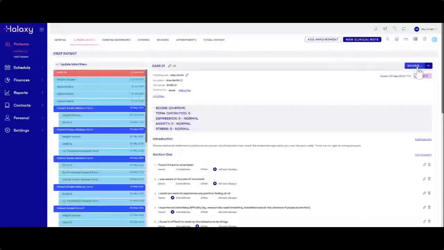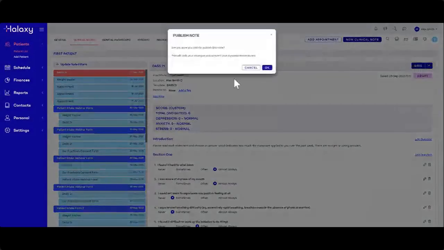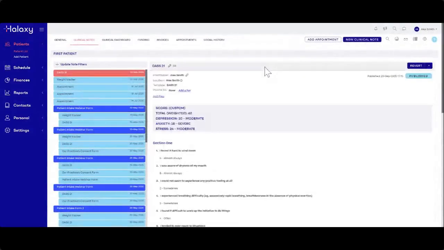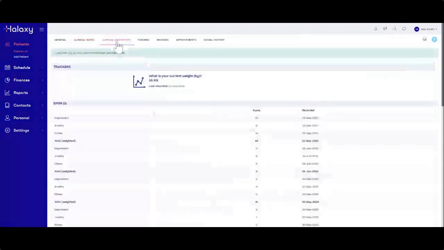Fantastic. Okay, and we'll click save, then publish. We'll now see if we can also see that it's scored. So we'll talk through scoring today and how you can set up your own scoring, whether it's weighted or simplified scoring. But if we go back to the clinical dashboard, we can now see the latest DAS21